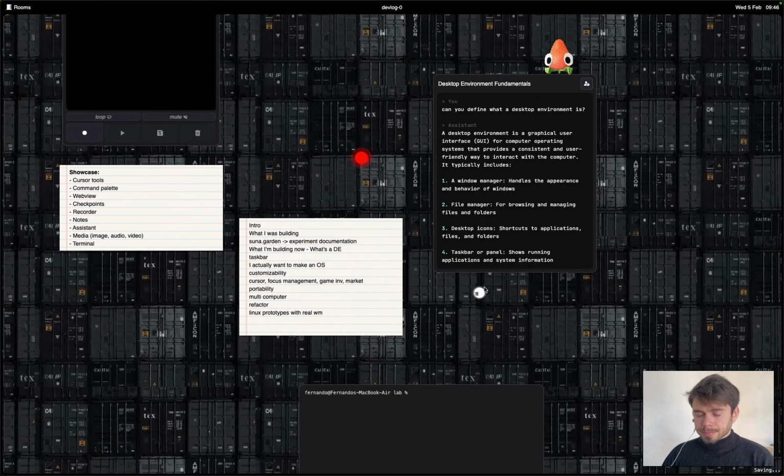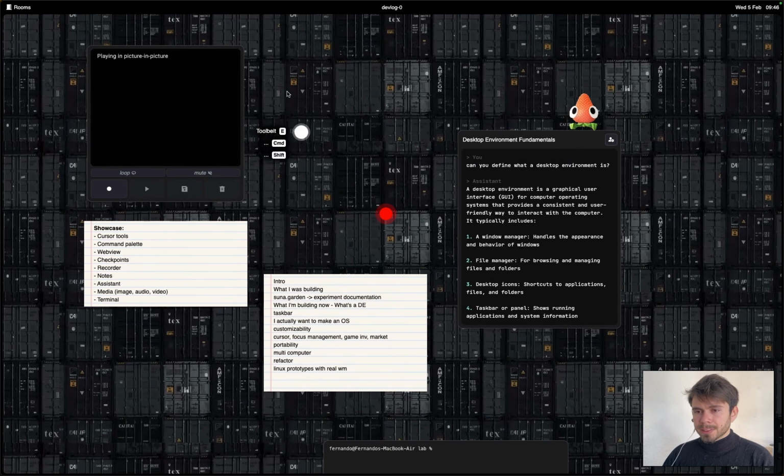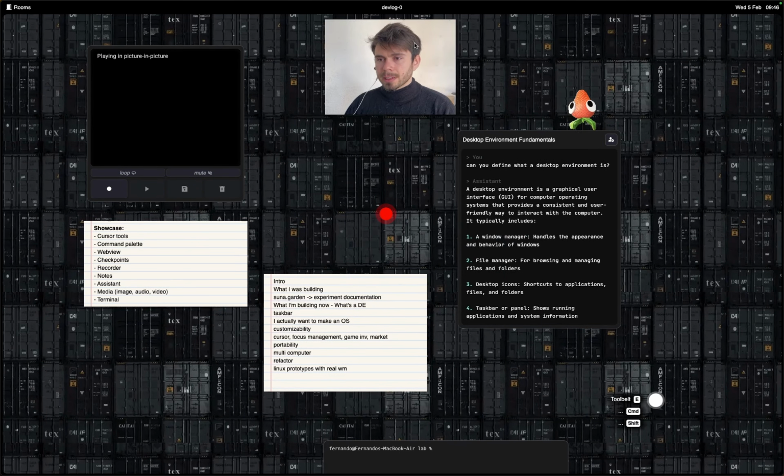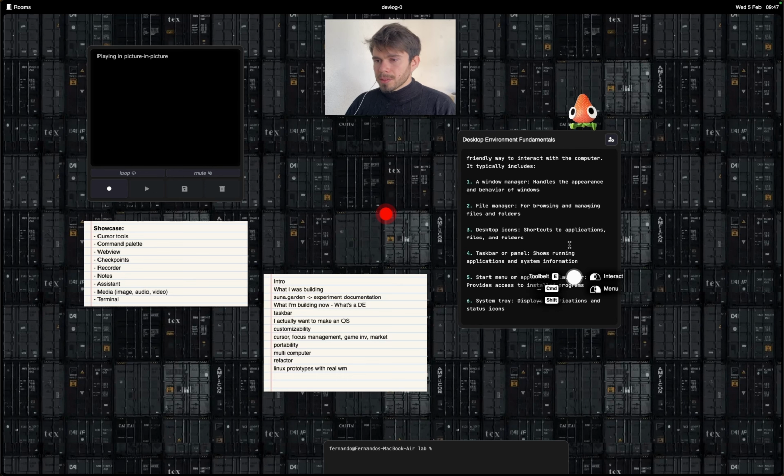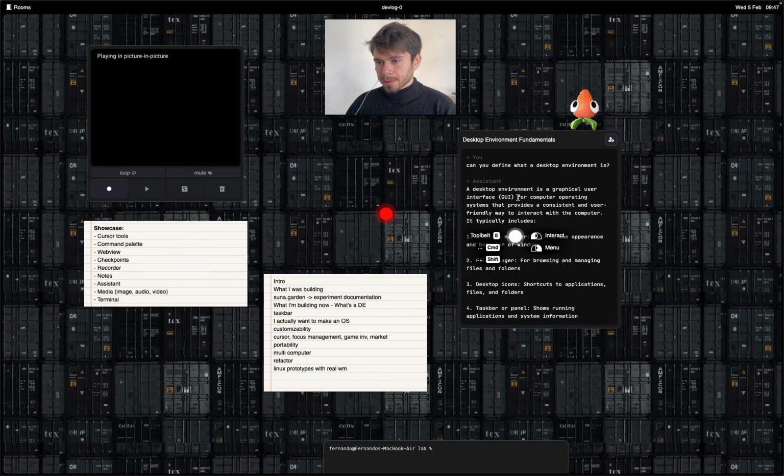For this Electron-based version, basically I wanted to make this a desktop environment. So it's no longer Sunna Garden. It's a desktop environment prototype. And let's hustle a little and see what a desktop environment is if you're not familiar. So I asked Claude here what a desktop environment is,